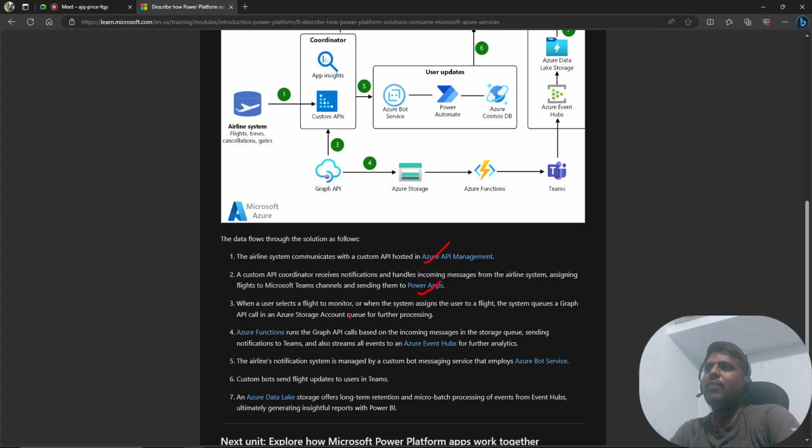After that, when a user selects a flight to monitor, when the system assigns the user to a flight, the system queues a Graph API call in an Azure storage account, as I have mentioned in this 4th step. This Azure storage account queue further processes it with Azure Functions. They take the incoming messages and pass them on to Teams, and thereby eventually on to Azure Event